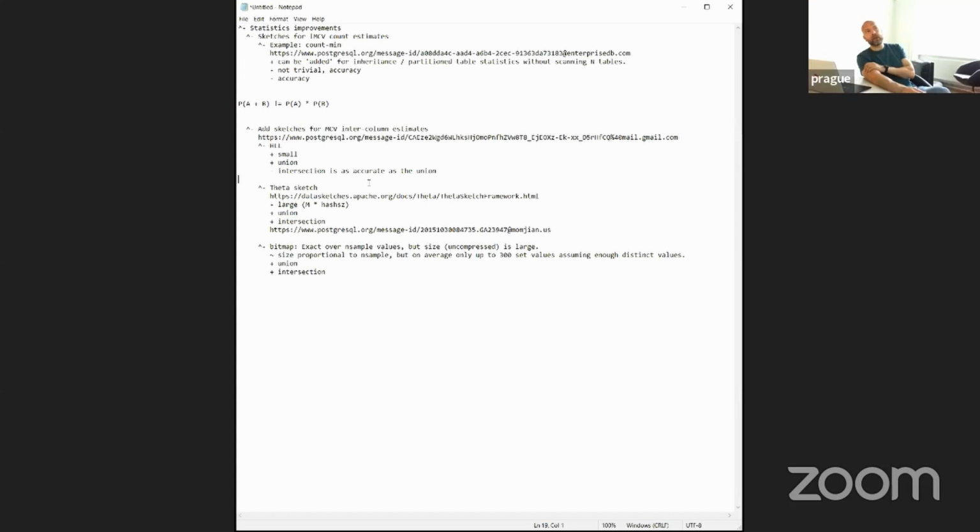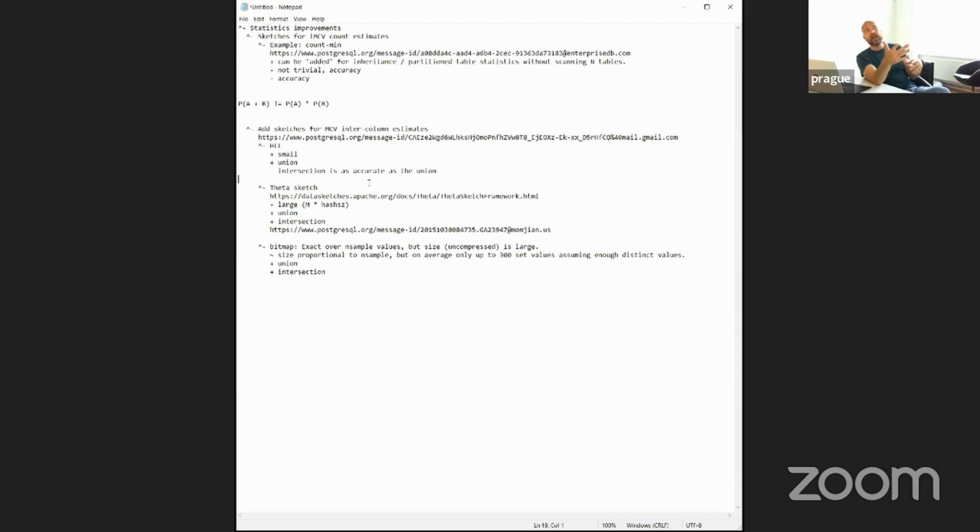So I'm not quite sure. First, I'm not sure HyperLogLog is the right sketch to do this, right? Because of the accuracy, right? And second thing is, I'm not sure why we would actually need to modify the sampling to be deterministic, because as long as we sample all the columns that we use to combine stuff,